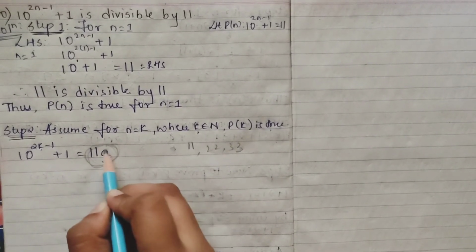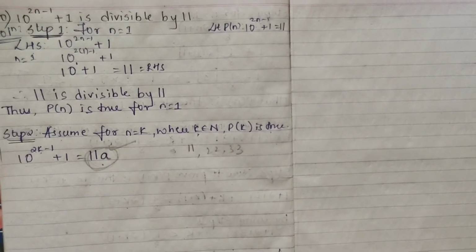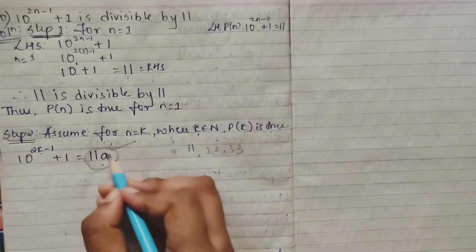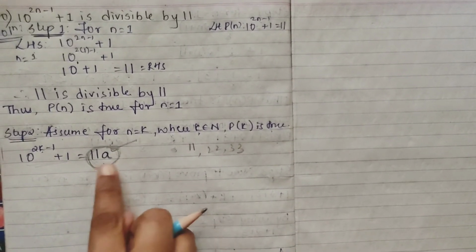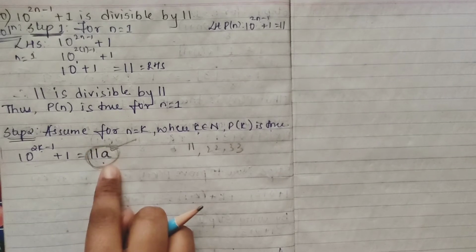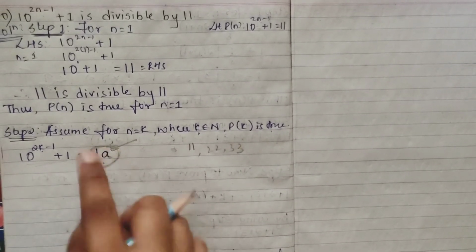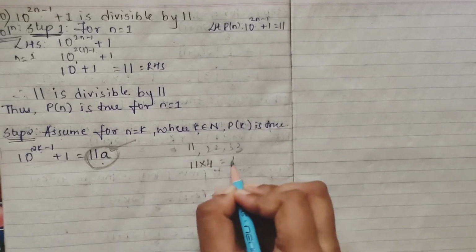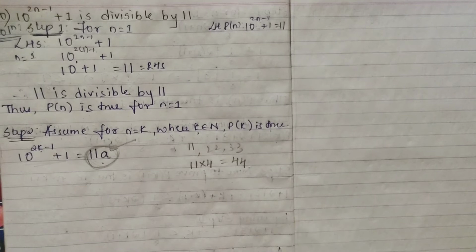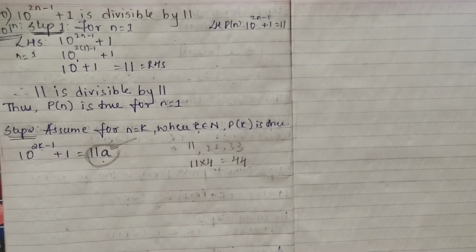In general, we are taking it as 11a because we don't know whatever we get, how much we will get here. So for that case, this we are taking as a or d, any number you can take, which is your arbitrary, which we make sure that it is a multiple of 11 itself. Whatever you get, it is divisible. Suppose it is 11, and a is 4. What you get? It is 44 only, right? So it will come under your 11 table only. So we take it as 11a.